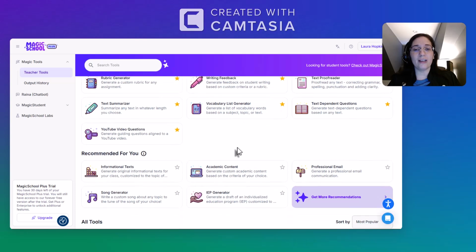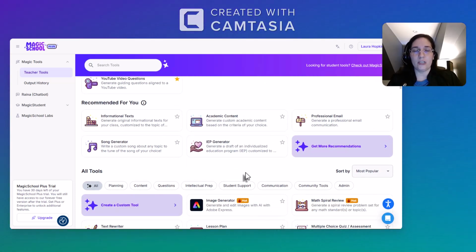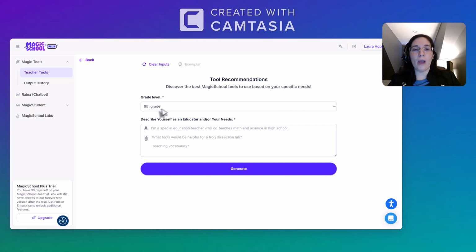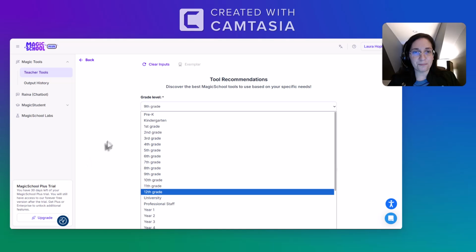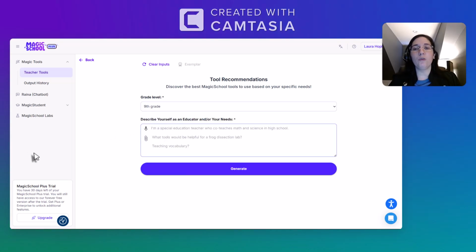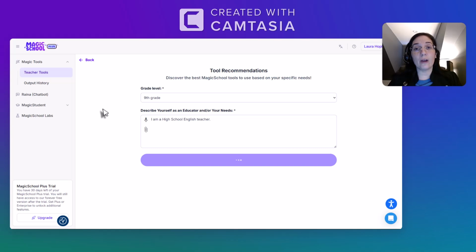If you're unsure and you're like, I have no idea where to start, and this thing is so massive, and you feel slightly overwhelmed, go ahead and go into the recommended for you. Click on Get More Recommendations. So when I click on this section, you actually put what grade level. You can go see even university if you are a college professor, and you can type in here what you are looking for. So if I say I am a high school English teacher, say that's all I'm going to put, then I can click generate,